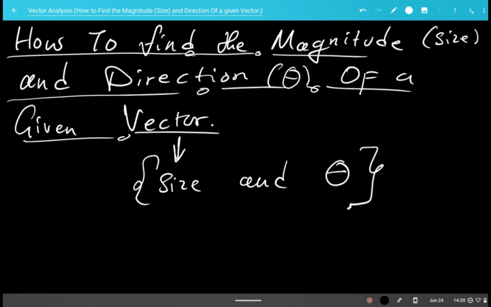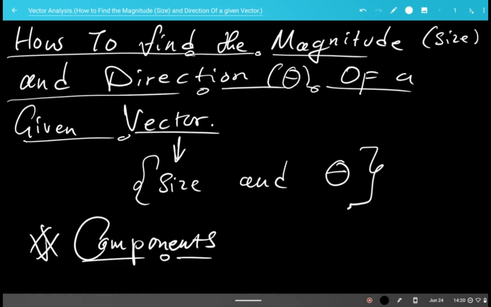Now, whenever it comes to finding the magnitude and the direction of a given vector, you will realize that in most cases we'll be given components. Provided that we have the components of the vector, it is easy for us to find the size and direction. Without wasting time, let's do some trials that will help us understand how to find the magnitudes and directions of vectors. So, in our first trial,